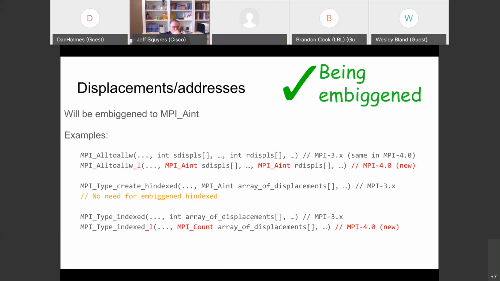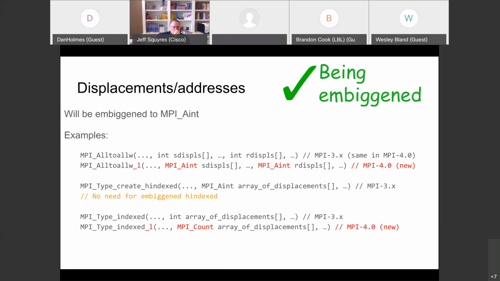So the work that we are going to do here is add a type indexed that has an MPI_Count array. This one at the bottom of the slide, we're going to do an MPI_Type_indexed with an underscore L on the end. This is the bigger version of the one that just had integers. MPI_Count is a bigger type of integer, and that's why it's underscore L on the indexed version and not hindexed L, because there isn't a bigger type than MPI_AINT that does the same job. MPI_Count doesn't do the same job, it does a different job.